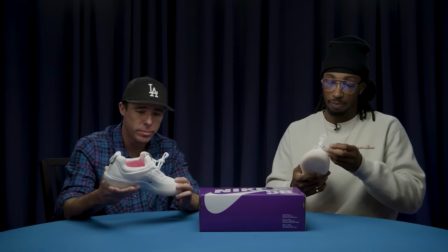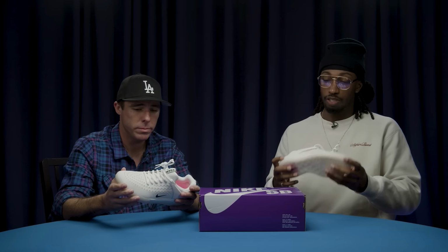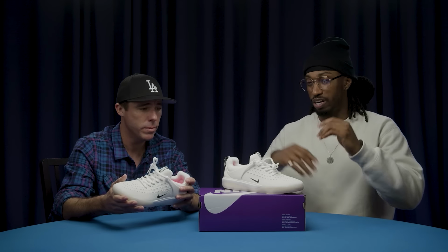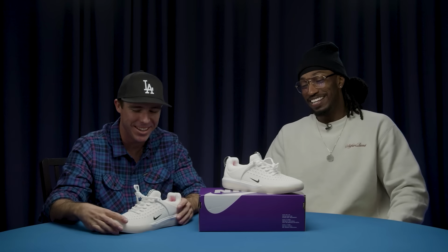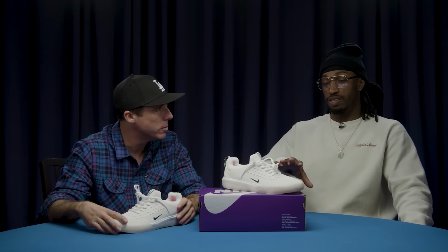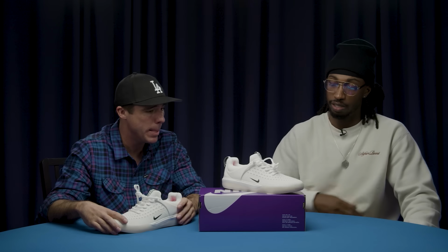I haven't gotten to put them on yet, but just based off aesthetic, I love them. They look great. This is one of those ones, man. I really want this shoe. I first saw it just randomly online. Did you see it way before it came out? Not way before. I know you're so in tune with things, like you've seen stuff six months ago or something. Nike is usually pretty good with these types of things, keeping them under wraps. When it comes to Jordan Brand and basketball shoes, those things get leaked really quick. This one I saw some renderings and things online, and I want to say,